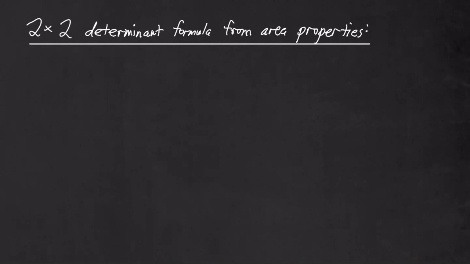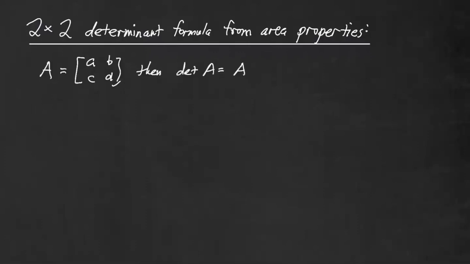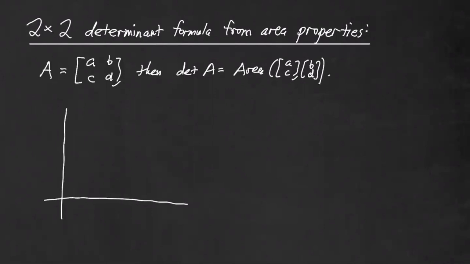2x2 determinant, I want to derive this formula using the area properties that we came up with from the last video. So we said if A is the matrix with columns AC and BD, then the determinant of A is the area formed by the parallelogram made by these column vectors. And there's a way to derive the formula for the 2x2 determinant